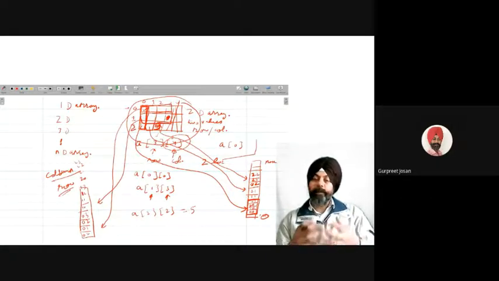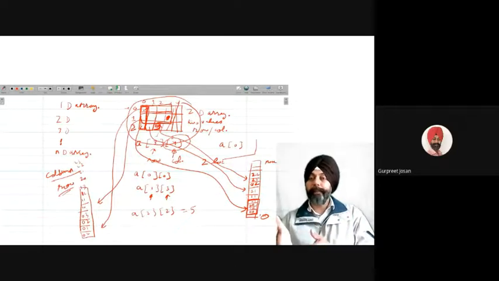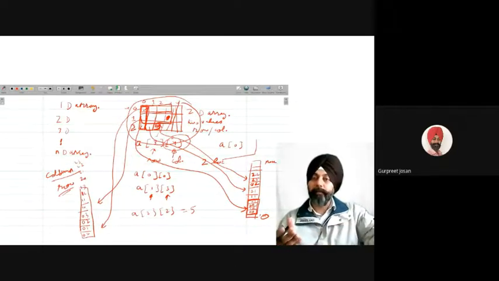So conceptual, what does it mean? It is only in our mind. We are thinking of this particular arrangement of storing the values as a table, where we have rows and we have columns. But in actual, this is stored in a linear way, one after another.